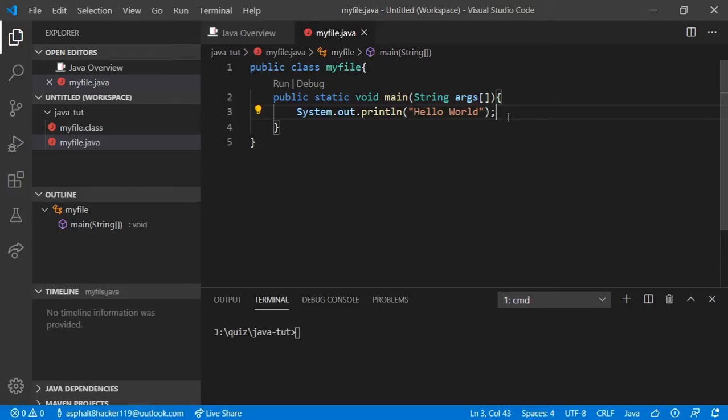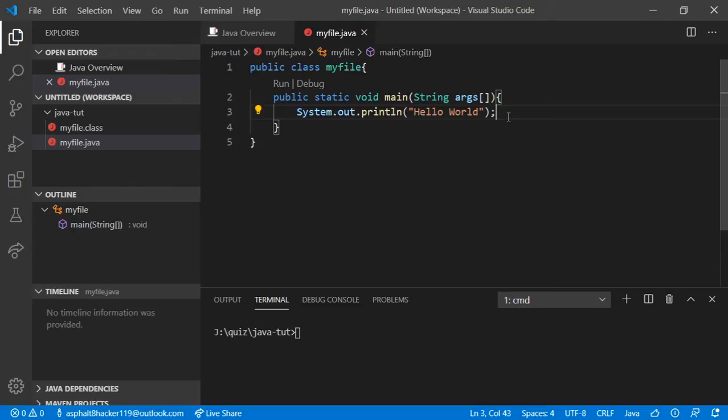It is imported automatically, not manually by the user. When you import that, you have the System class, which has the out object, which again has the print line, or println, method, which takes the parameter of a string,